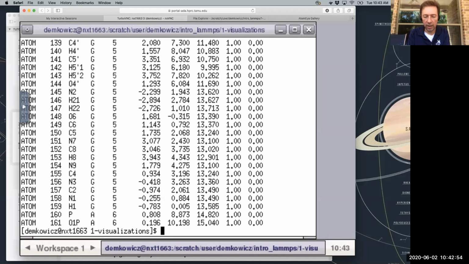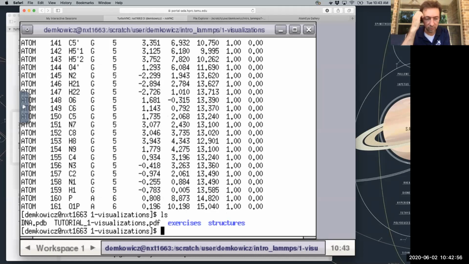So there I am. There's my file. And I know now that it just contains a bunch of rows which specify the individual atoms, their positions, and their types, basically. That's all that an atomic structure is. Of course, looking at a file that's full of coordinates doesn't really let you appreciate what structure you're looking at. It makes much more sense to take this structure and render it, right? Have a graphical rendering that shows me what that looks like.